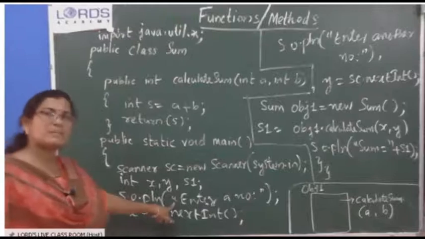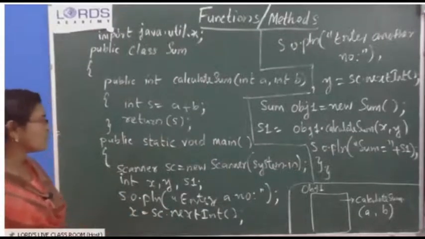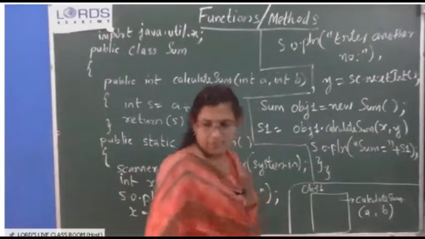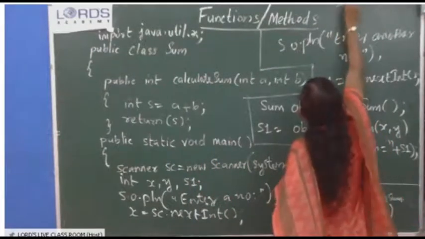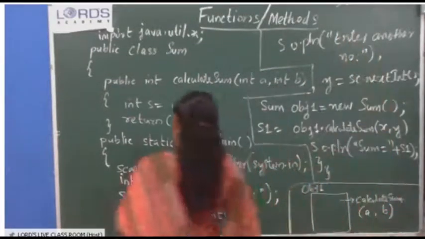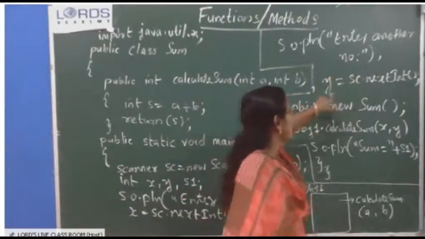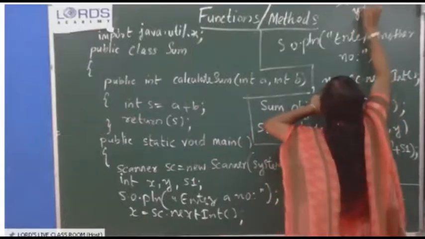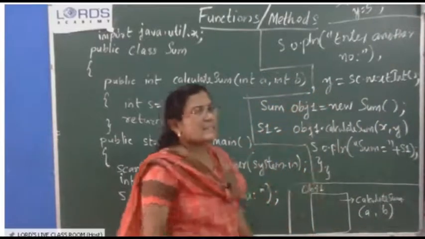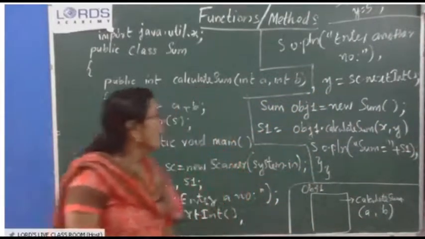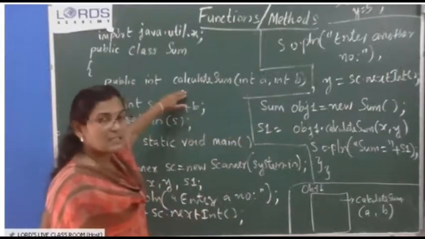Now a message is displayed to accept the data interactively from the user. Enter a number. Imagine that the user has entered the value 10 for x, and the second message is displayed, enter another number. So the user has entered the value 5 for y. Let us take simple values. Okay. So in x 10, y 5,